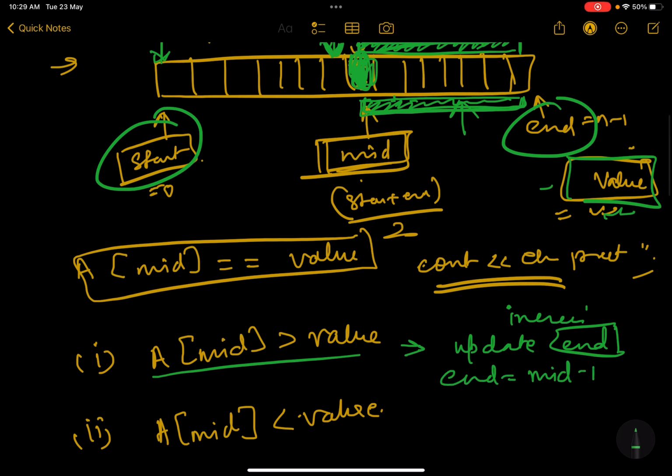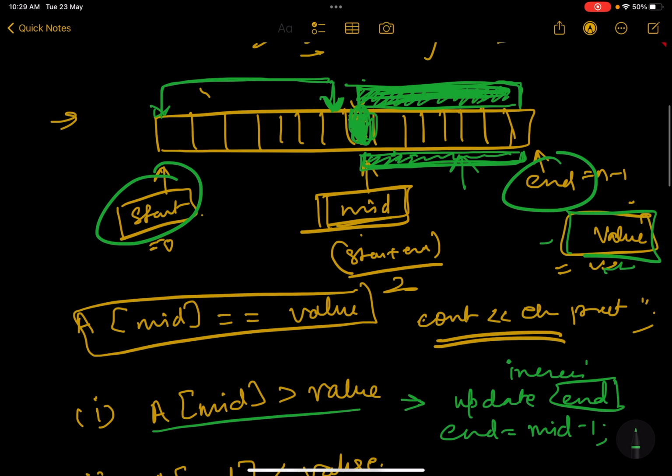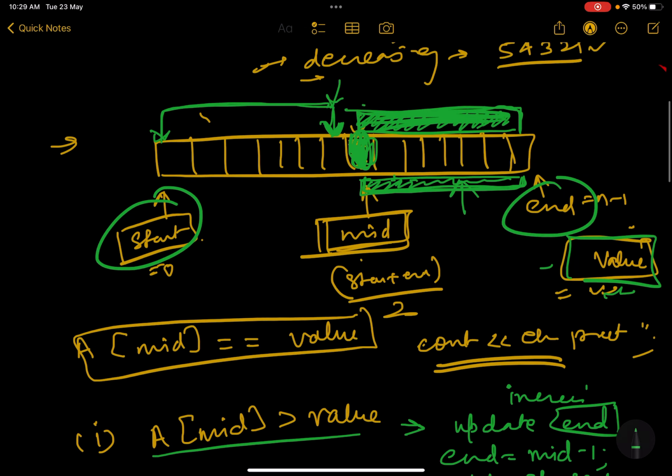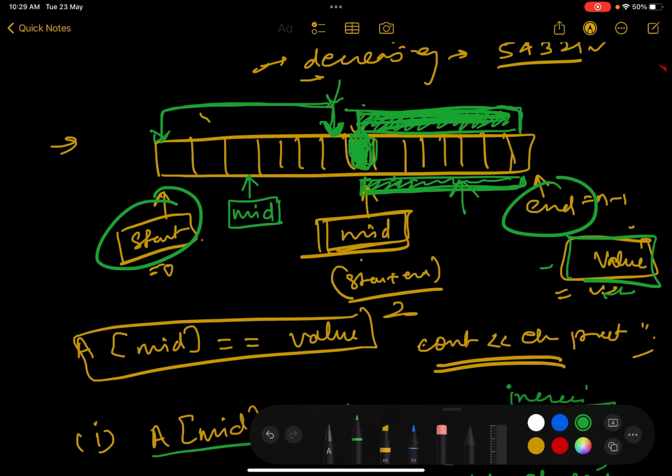So now we also need to update our middle point also. For this start and this end, we need to update our mid value. So mid is going to be start plus end by 2. So let us suppose like mid is pointing here. So this is our new mid. Okay. So now again we'll check with